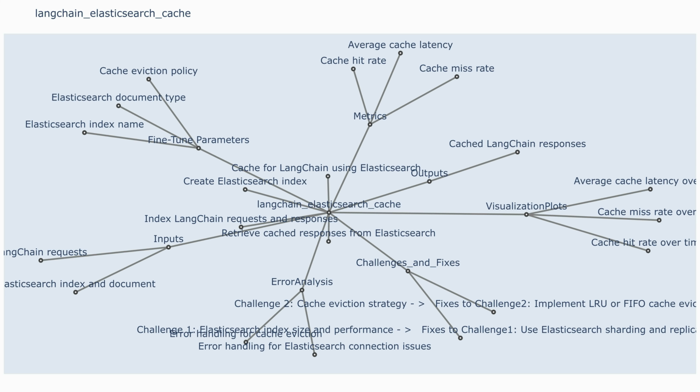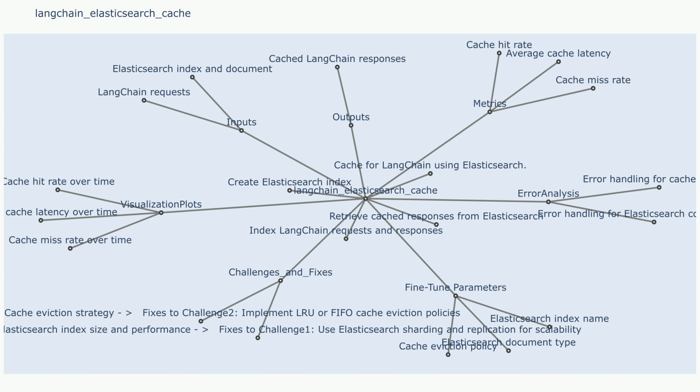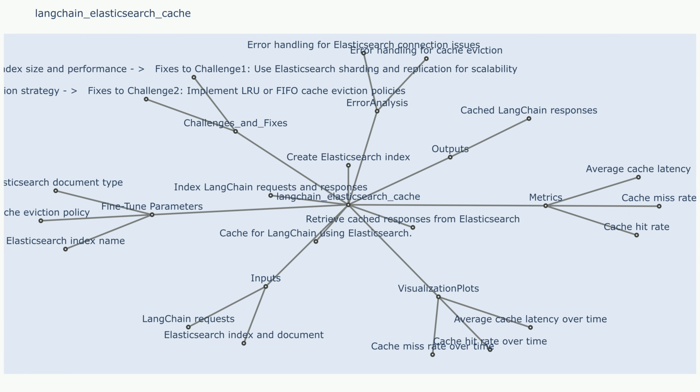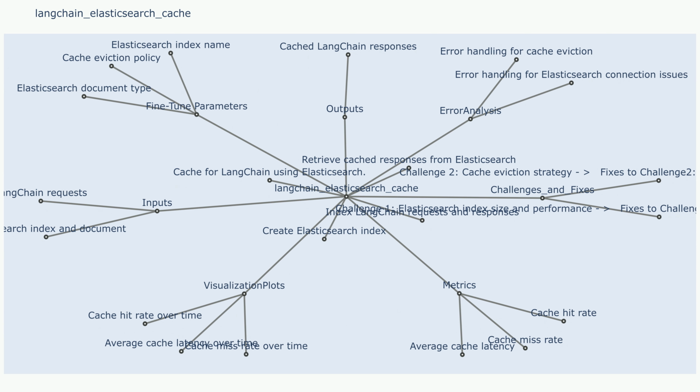LangChain Elasticsearch Cache. Description: the LangChain Elasticsearch Cache allows you to store and retrieve responses from your LLM models within an Elasticsearch index, enabling efficient caching and retrieval of past interactions. Inputs: query, the input query or prompt provided to the LLM. LLM response: the response generated by the LLM for the given query. Outputs: cached LLM response, the previously cached response for a given query,